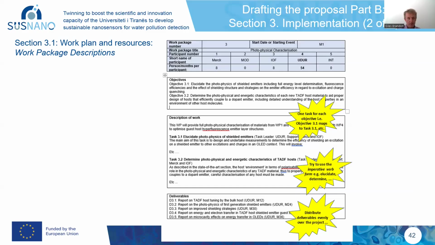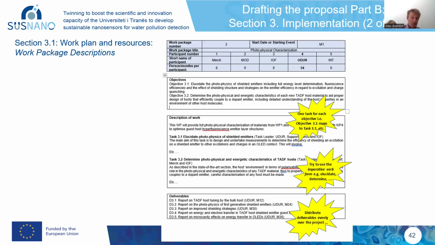In fact, these days with Horizon Europe, you don't put the deliverables in the work package description. It goes into another table elsewhere in section 3. But for the sake of explanation, it's still useful, what I'm about to explain. So look, when I tell each of the work package leaders,